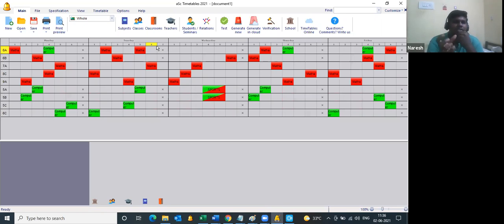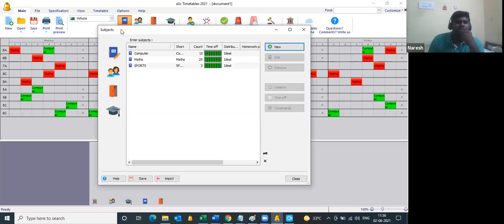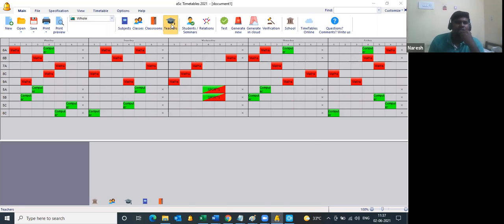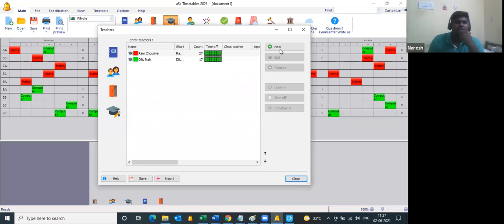To save time, we have prepared this Excel worksheet and created this import option. If you are doing it manually after importing, and say a new teacher has joined, or a teacher has been replaced by another teacher, you go to teachers and click on new to add a new teacher.